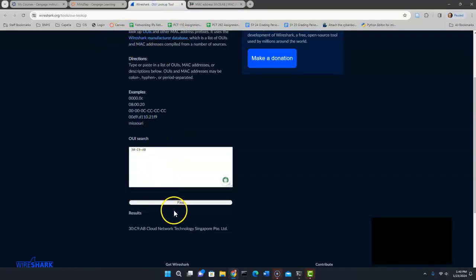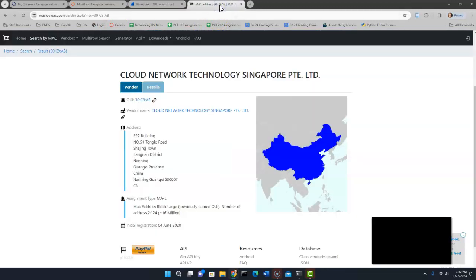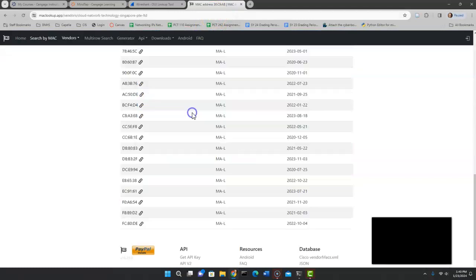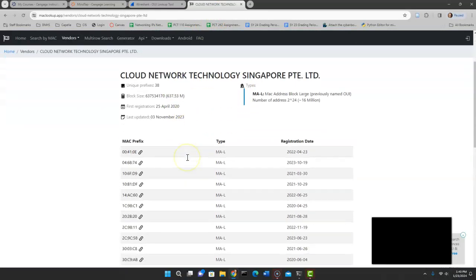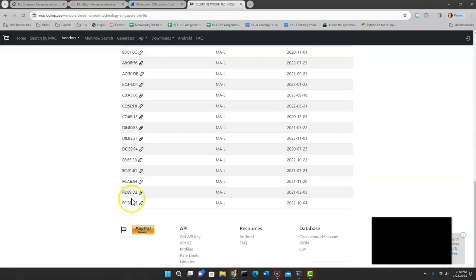Wireshark also has a tool, and it doesn't tell you as much. So look, it just tells you the name and then where it's from, Singapore. I think that's part of the name. Yeah, that's part of the name. I think when you click on the name, they give you